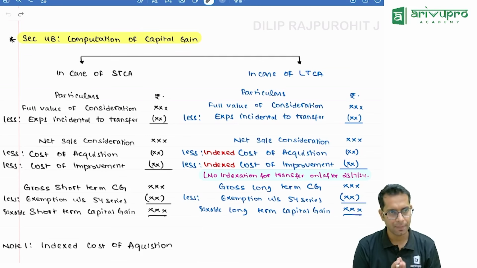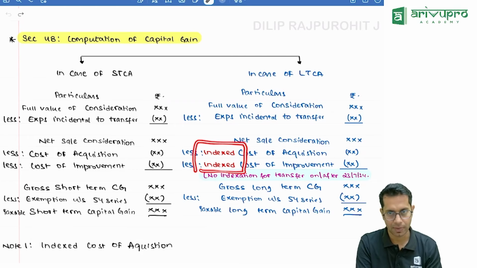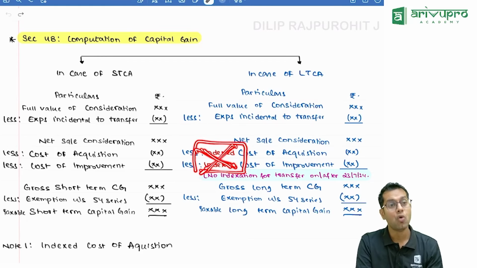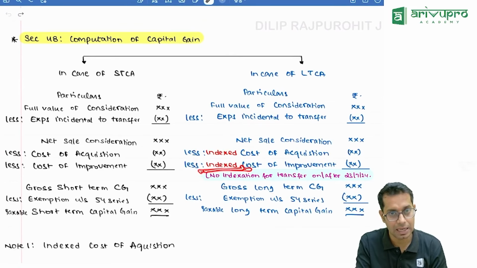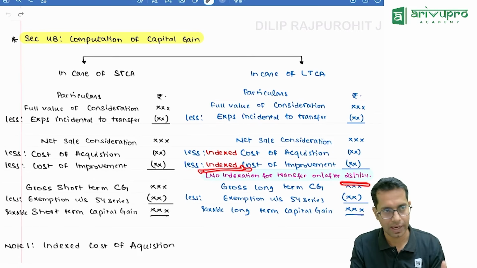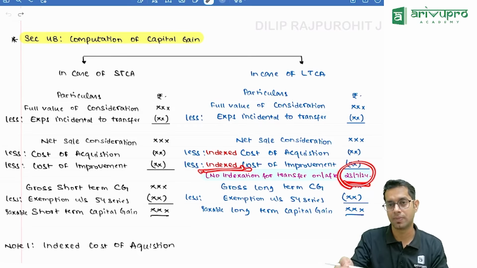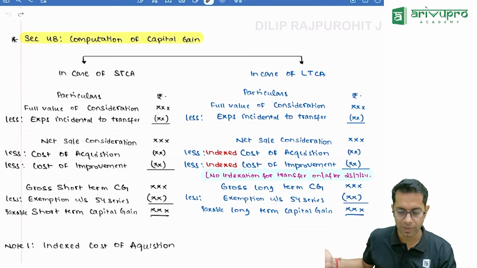For computation of capital gain, if it is a long-term capital gain, then we normally take indexed cost of acquisition and indexed cost of improvement. Now, I will not take indexed cost of acquisition and indexed cost of improvement for computation of capital gain. Please note, I am telling for computation of capital gain, I will not take indexation if the transfer is made on or after 23rd July 2024. Now, please note, whatever I am telling, I will reverse this option. I mean, I will tell something against this point after 2 minutes only.